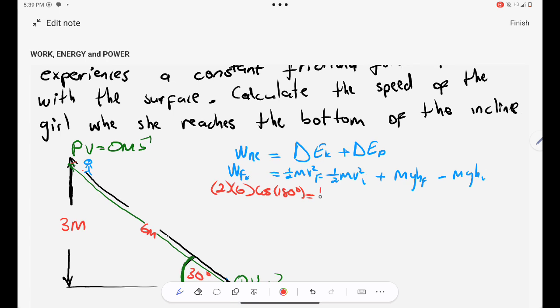Okay, I'm looking for the speed of the girl when she reaches the bottom of the incline. Her mass is 35. Initially, guys, she slides from rest. Remember that, right? So initially her velocity is 0 meters per second. If the speed of the girl is 0 meters per second, it simply means that her kinetic energy is also 0. Okay, and then